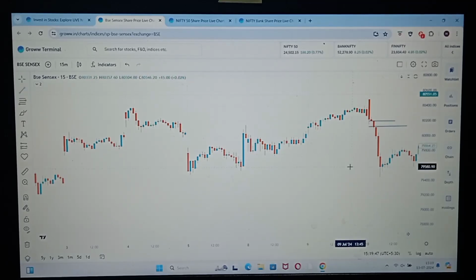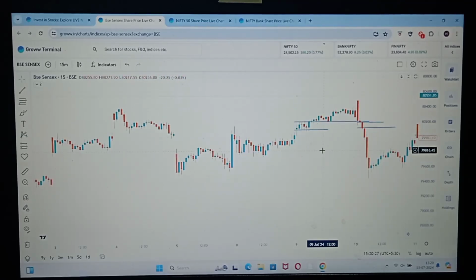We'll see 9th of July, marking the high and low, marking the high and low of 15-minute. So here clearly we got a trade. You can see at around 11 a.m. we got a trade 80,220 level, 1 2 3. It is a rally. We can do scalping here, book small profits, and again